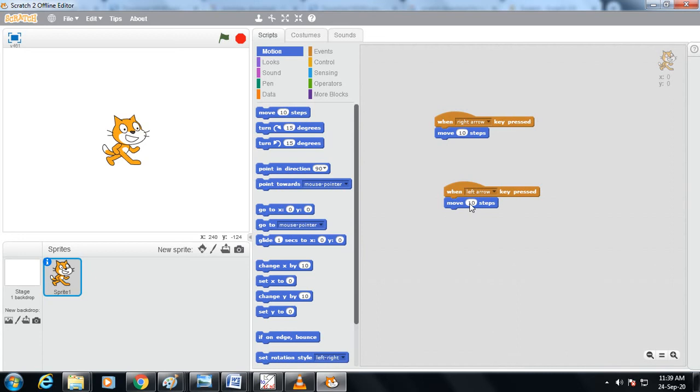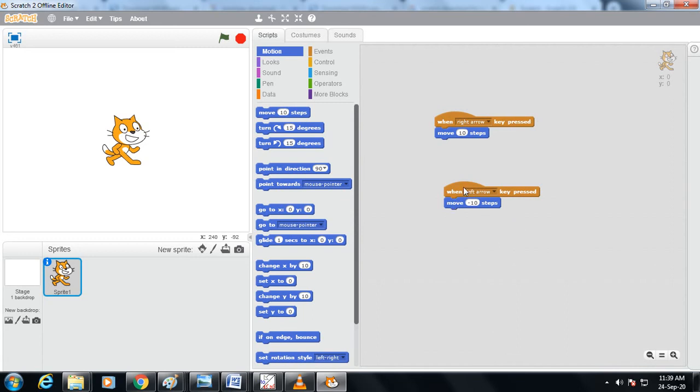So what we'll do, click over here on 10, fine. Now with your keyboard just type minus, fine. It means when we are giving a negative command, it is going to the opposite direction, fine.